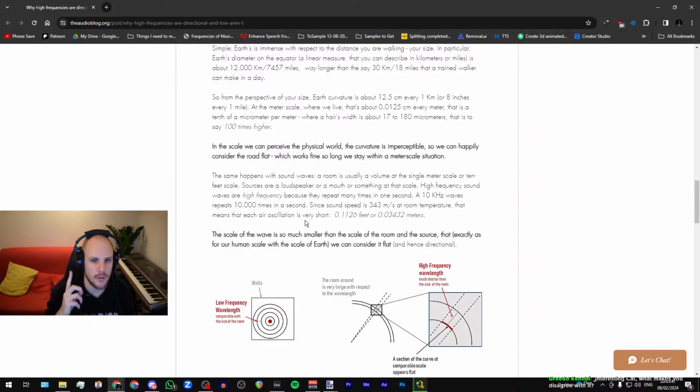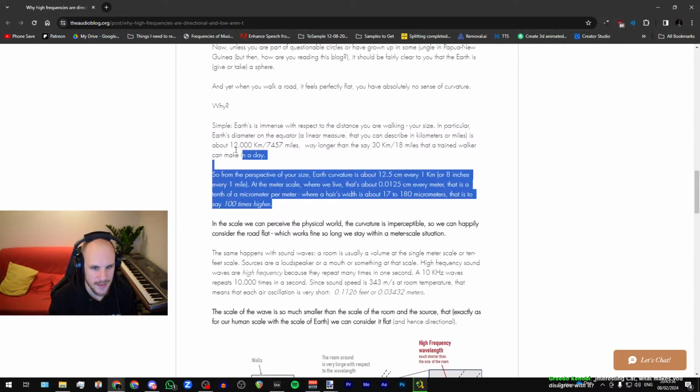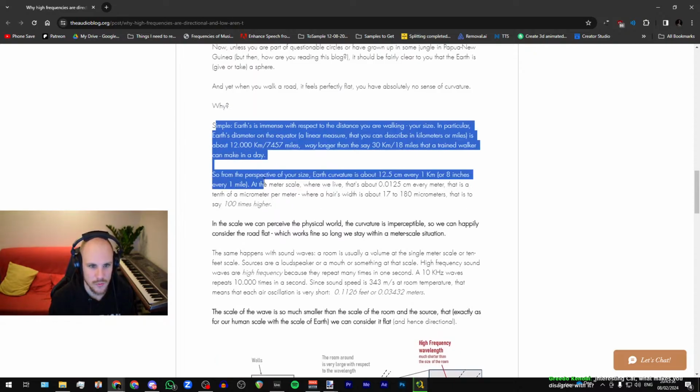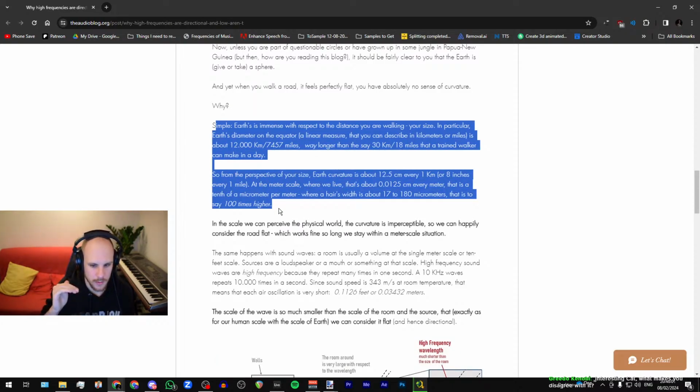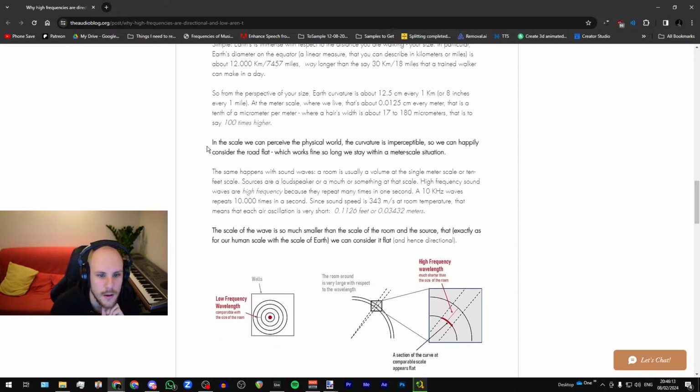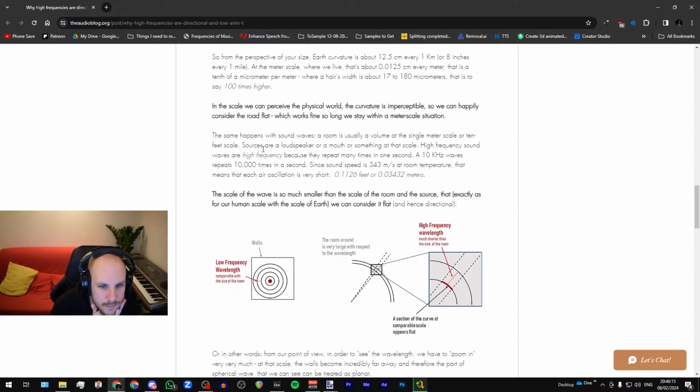And actually, the reason why we don't experience curvature has not so much to do with the amount of going down versus the amount of going further away on the Earth, but it's the fact that by moving, your position relative to the center of mass changes, which technically is a little bit different here because this assumes, what do you call it, a stationary point of reference. Well, if you're walking around the Earth, you don't have a stationary point of reference because your point of reference moves along with you. That being said, let's continue.